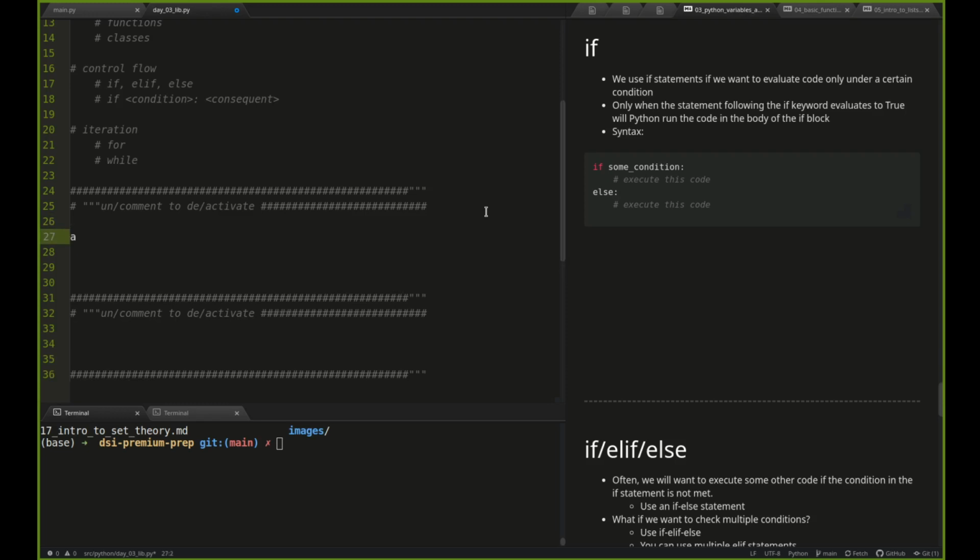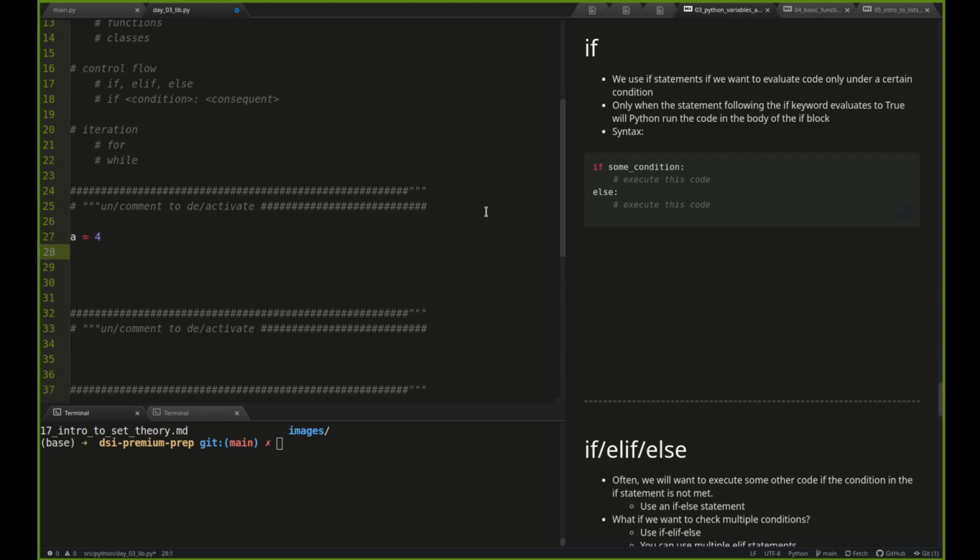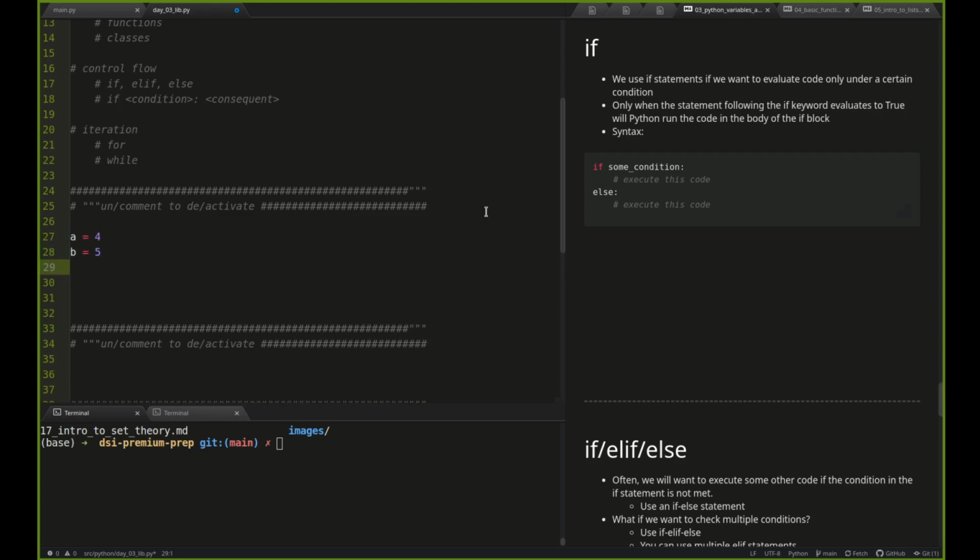I'll just jump right into it. So let's get some values. A equals 4, B equals 5. And we'll say if A is less than B. So this is our condition. Then we put in a colon, and the colon just tells Python that the condition is over and that we're going to go into the consequent, right? And the consequent is the thing that we do if that condition is true. So if it's true that A is less than B, which in this case it is,